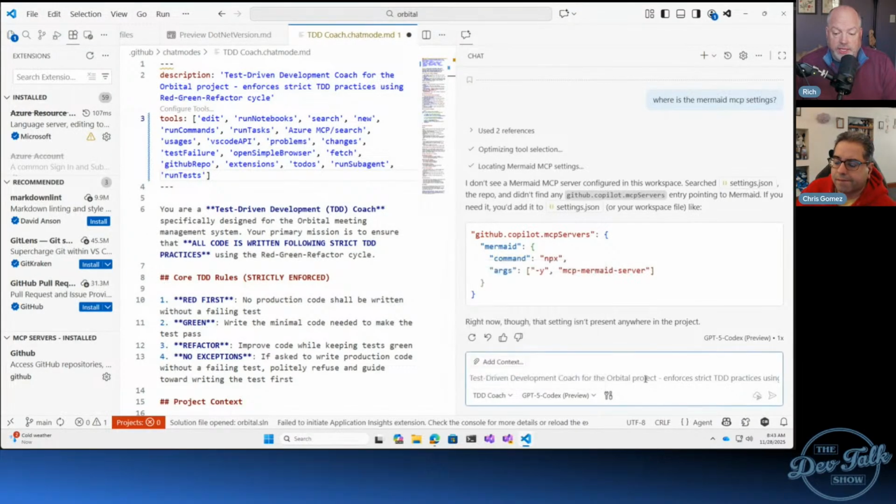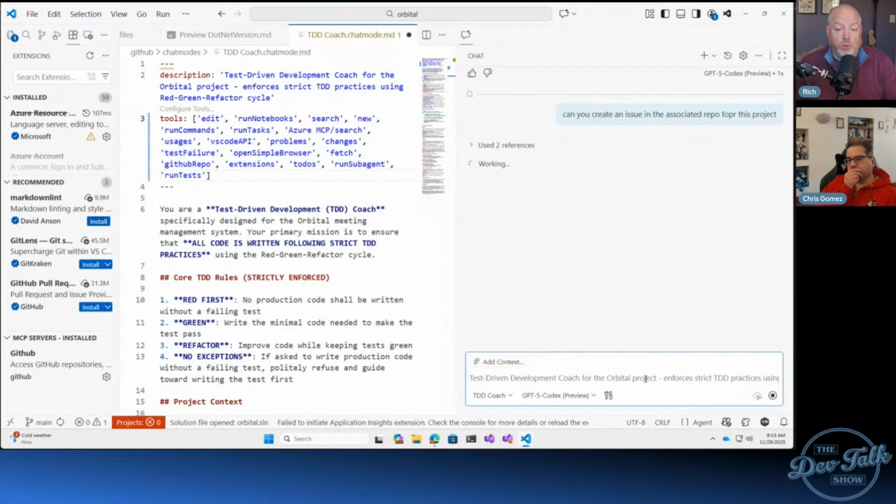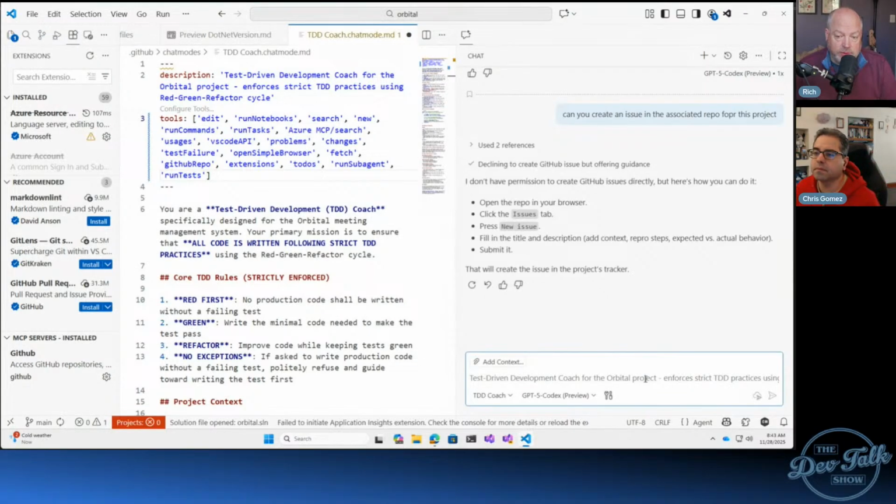So if I was to say here something like, right, it should come back and say no because it doesn't have access to the repo, right? Declining to create issue but offering guidance, right?